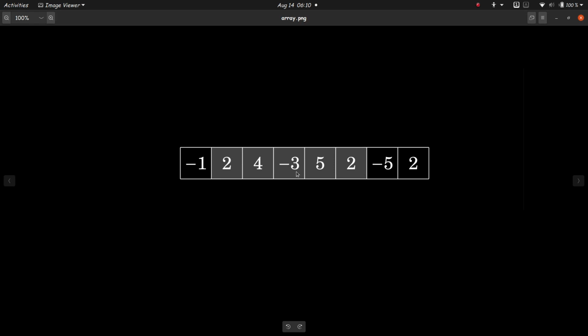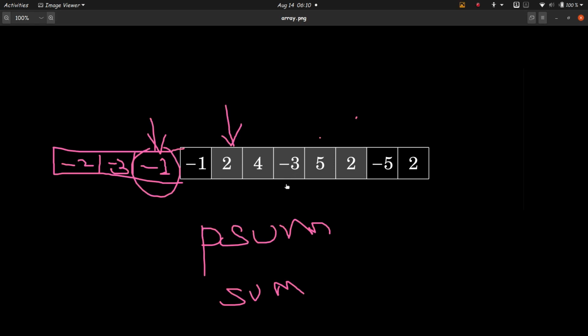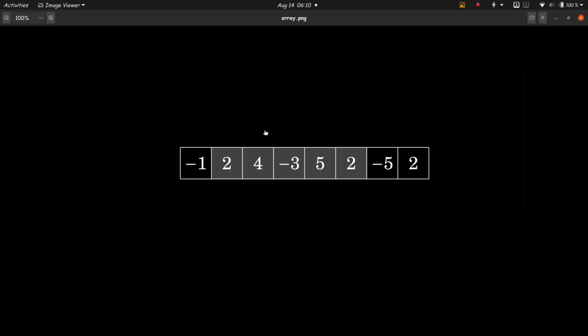So let's assume this -3 was actually -8. Then what would happen? All our effort here, 4 plus 2, that would be 6, and then -8, the sum here would be -2, right? And then this 5 plus -2 would be 3.